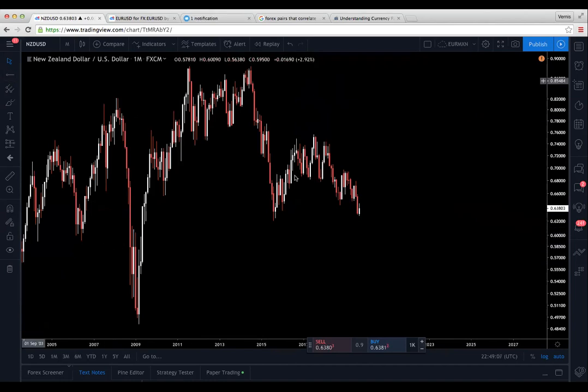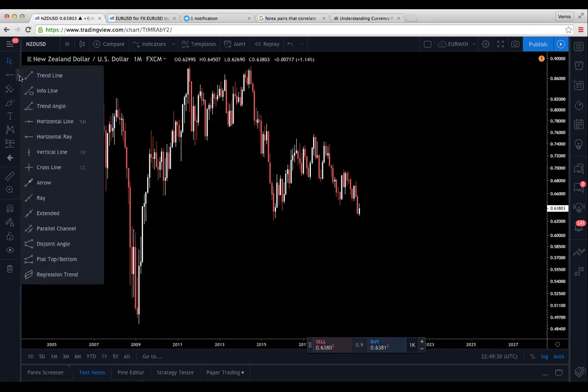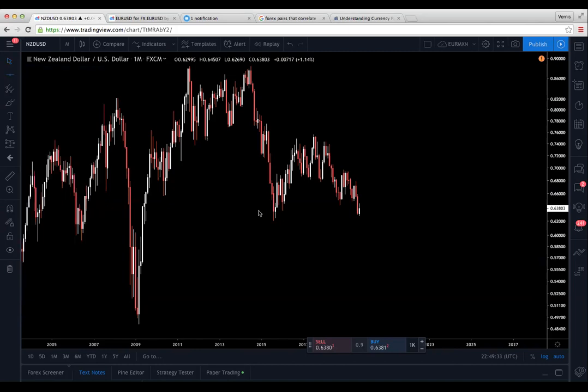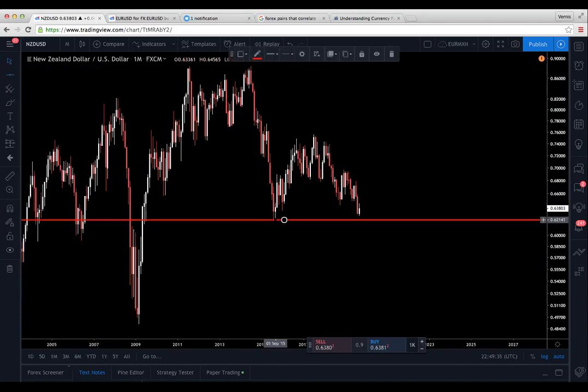So here's the price. All right, you want to mark up the previous structure either above or below price, where some of the reversals have happened. Some of the main or the big reversal moves have happened. If I can explain that right, I want you guys to understand that. So right here,